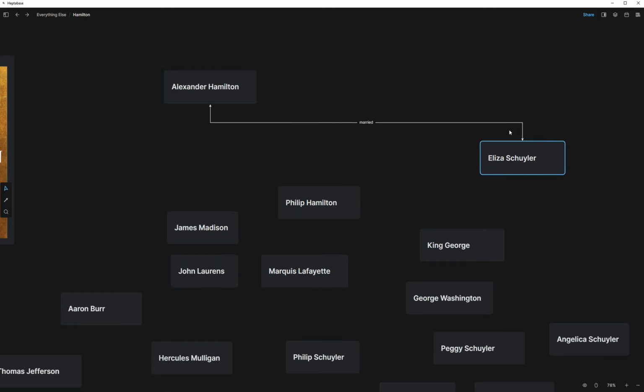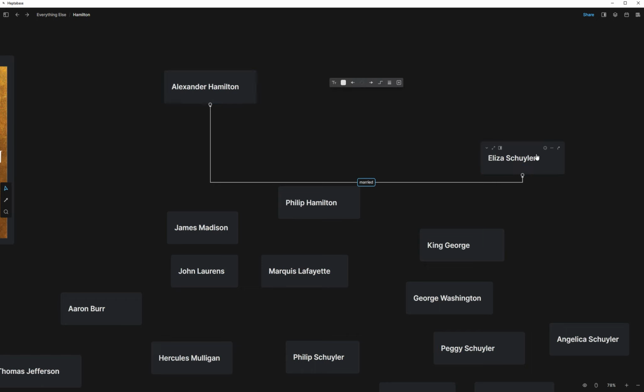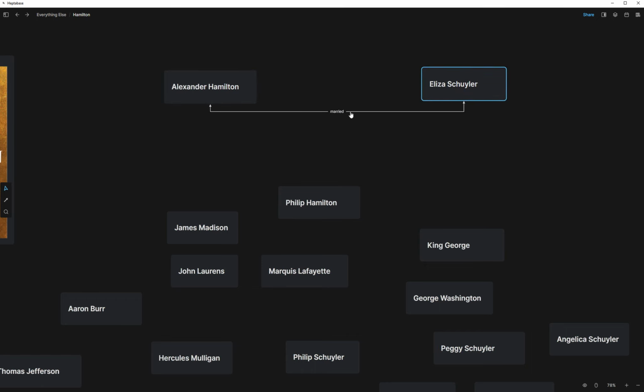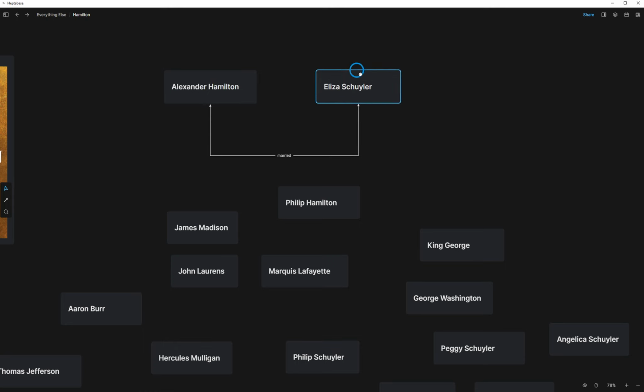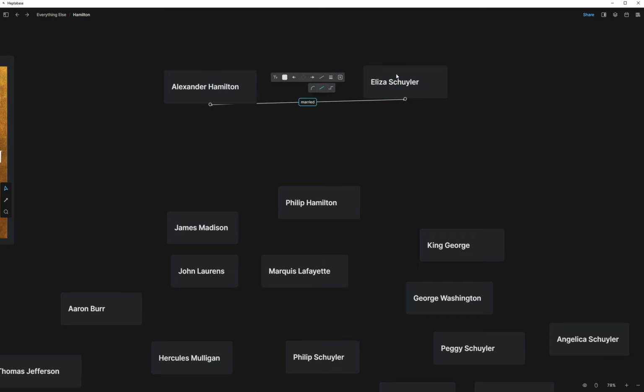If I have them both going into the same side, so let's just do that. So if I have this one going into the bottom, it's probably easier to see the way that the elbow function works, because now I can grab, and when I drag this bit, it's actually allowing this part of the bar to get further away, which could be useful if I was wanting to bend it around an object. So in this case, I'm going to switch back to straight,